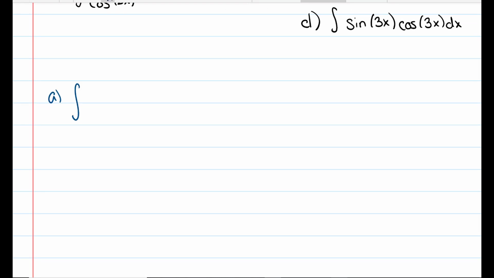The integral of dx divided by cosine squared of 2x. Now notice that I don't know what the integral of 1 over cosine squared 2x is. But what I can do is rewrite this as the integral of secant squared of 2x dx. And I do know the integral of secant squared. But I have a 2x in there. I've got to get rid of that. We're going to let u